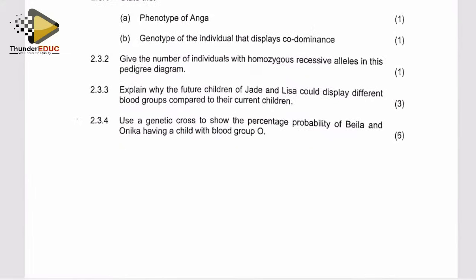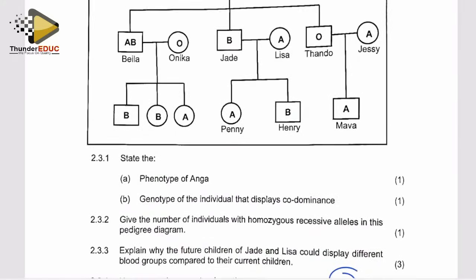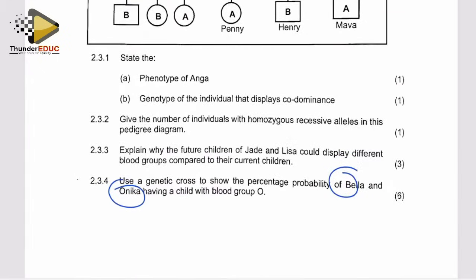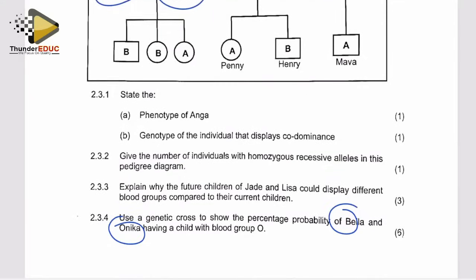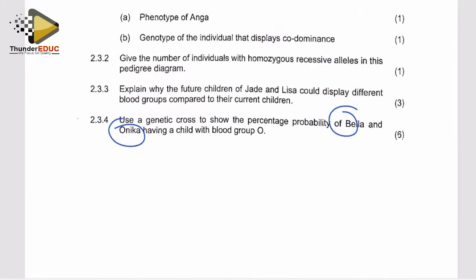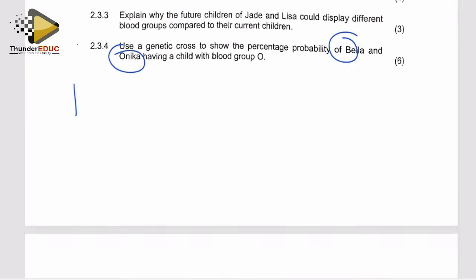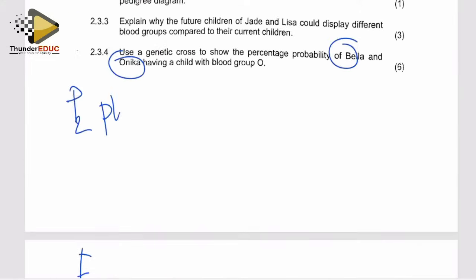Use the genetic cross to show the percentage possibility of Baila and Oneka having children with blood group O. So I have to go back and look for Baila. Where is Baila? And Oneka. The same genetic cross. So since they are in the second generation, I will say that P2, F2. And then they are saying that the phenotype,